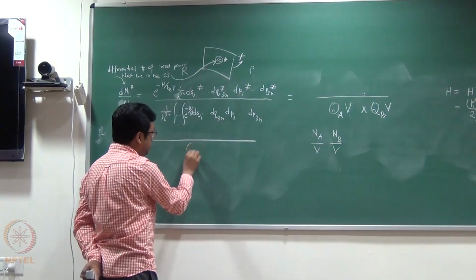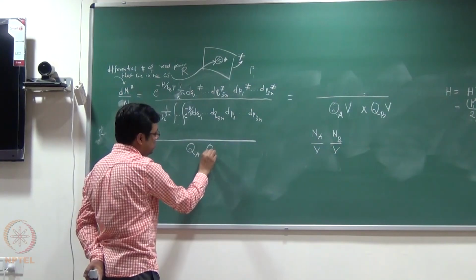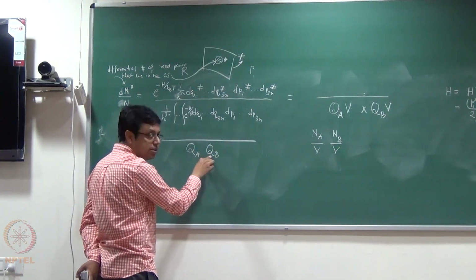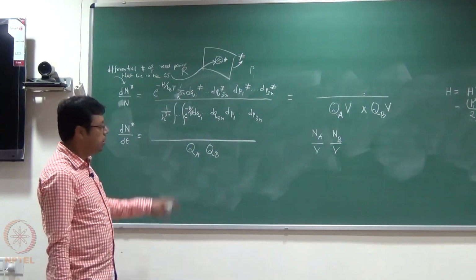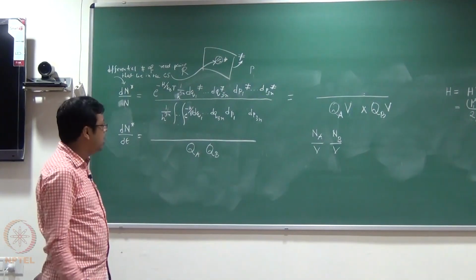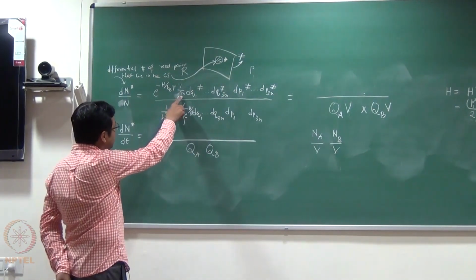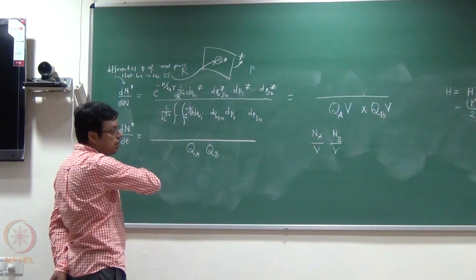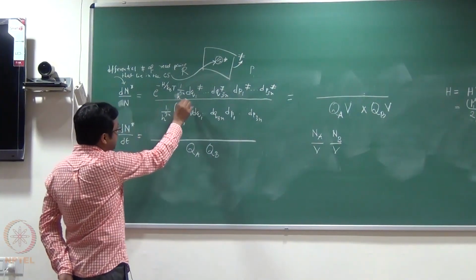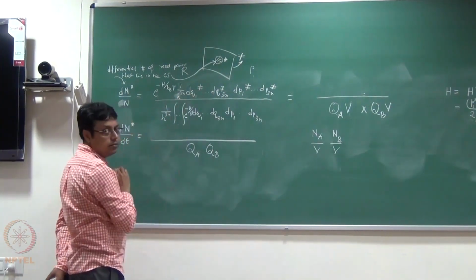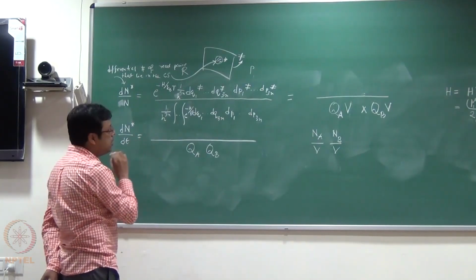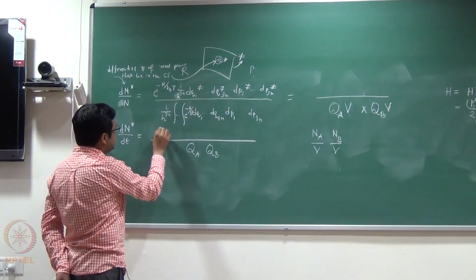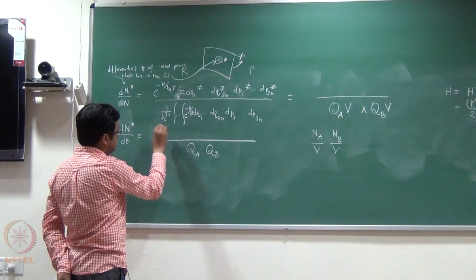So in the denominator I have only Q and Q, which are partition functions per unit volume. Now let us look at the numerator. I have h to the power 3n e to the power minus h by kBT, and then there will be a time derivative which is acting only here. So what I am doing, very cleverly, is something like this: I have e to the power minus